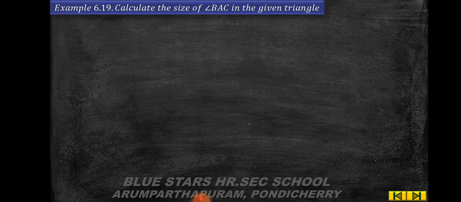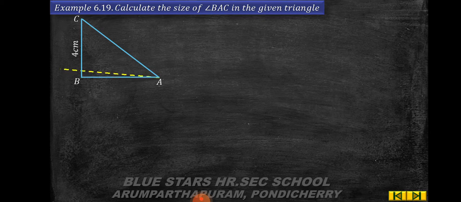Example 6.19. Calculate the size of angle BAC in the given triangle. So this is triangle ABC. The triangle is right angled at B, and BC is 4 cm and AB is 5 cm. The angle A is theta. It is a right angle triangle, so right angled at B. So in triangle ABC,